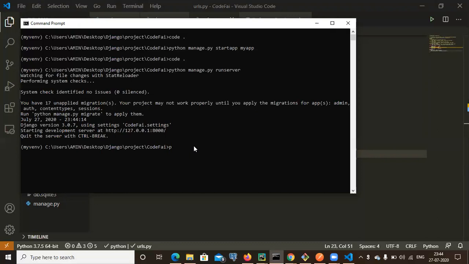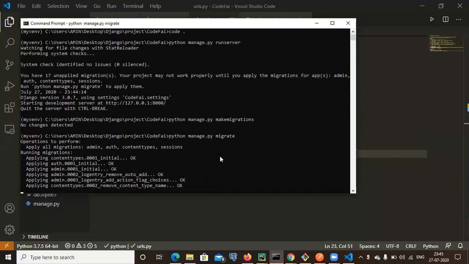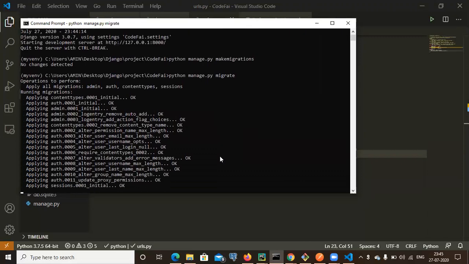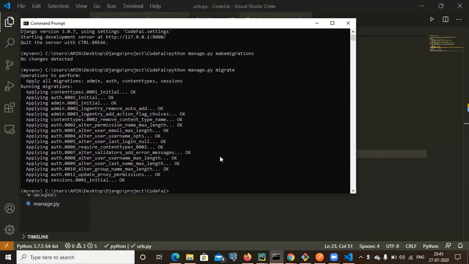For this, we need to run python manage.py makemigrations. Now it's running. So no changes detected actually. Okay, let me do a migrate now. Okay.